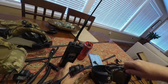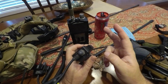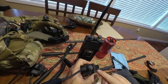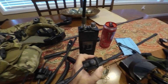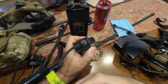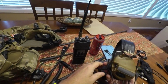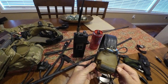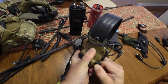So you could get an accessory cable that was 2 pins on both sides. You could plug that into your gas mask and then plug the other side into your push-to-talk here. And it made for a really, really clean radio transmission when you were operating in a nuclear, biological, chemical environment. Now, it is possible to take that exact same cable, and this is a Peltor Comtac in the dual-com configuration. All right, in the dual-com configuration, the audio out buttons are...